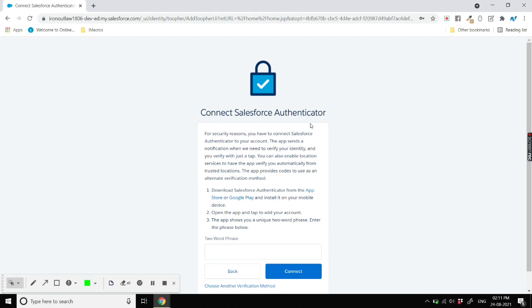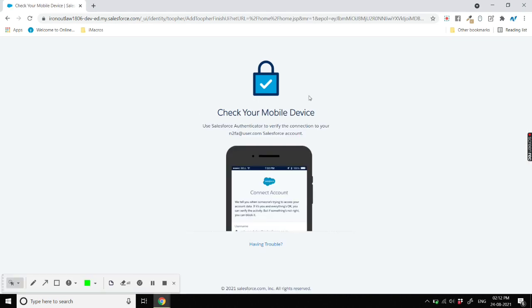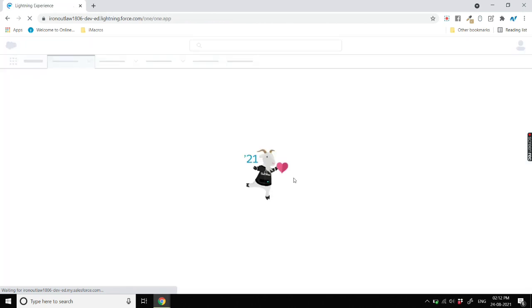For it, I will have the Authenticator app already installed, Salesforce Authenticator app. I'll click on add an account, and I'll get a two-word phrase which is detailed play. So I'll type it, detailed play. These two-word phrases are required to connect your org with the Authenticator app. As soon as I click on the connect, it will ask me to approve the connection. So yeah, I have got this approval. So I'll click on connect. As soon as I click on connect, it will say that your account is added, and we got this green check sign. So this means that my account is added in the Authenticator app.